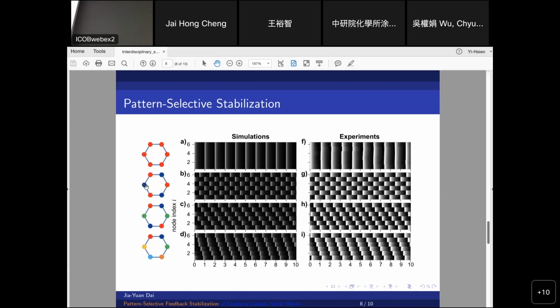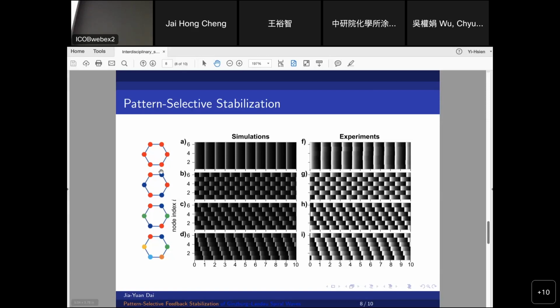But now you can apply certain Pyragas control such that you see the anti-phase pattern. And then you can see two other patterns with more intricate symmetry. I want to emphasize these three patterns are predictable. They can be proved as solutions from the model, but you can never see them from experiments because they are unstable. You can prove it by mathematics.